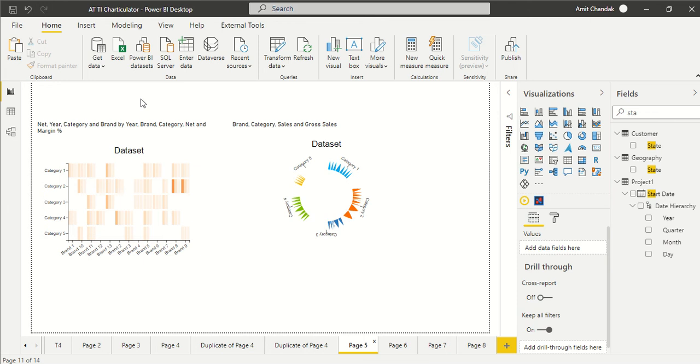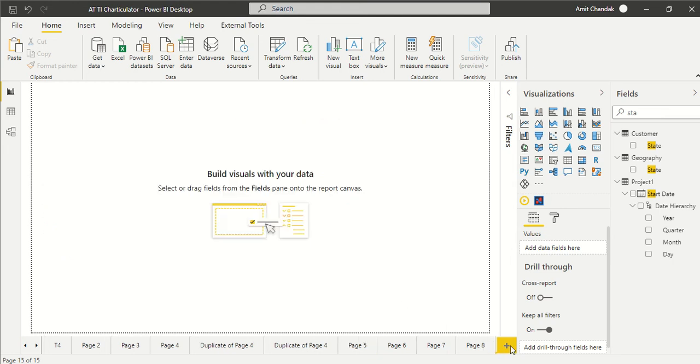We are continuing this advanced series, and you remember in the last couple of videos we have experimented with the Charticulator visual, and we'll continue to do that. And today we'll try these radial kind of visuals where we have things in a circular manner, and let's try to create something.